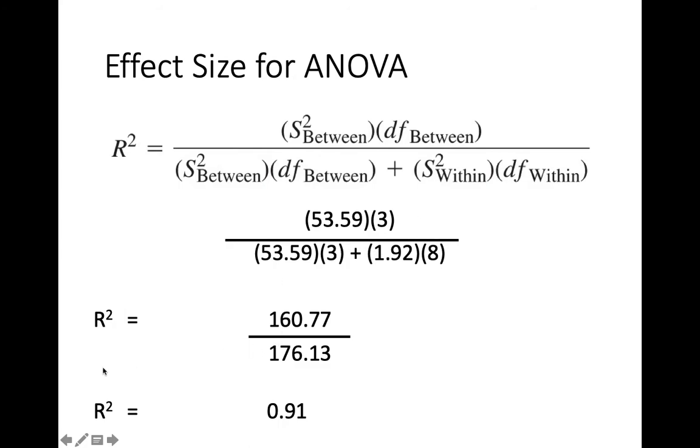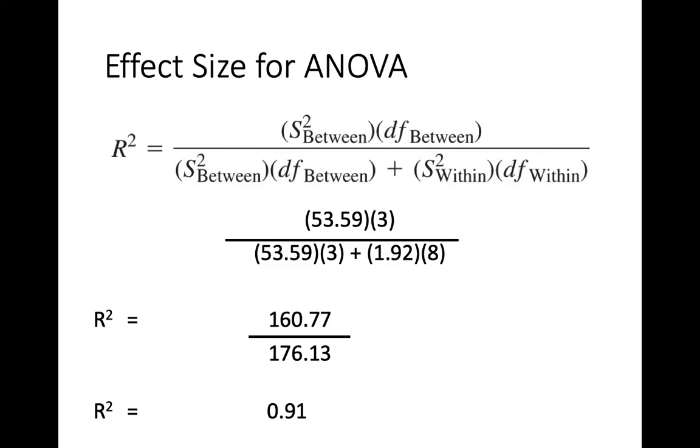The most important thing is interpretation. This R squared can range from 0 to 1. If you calculate an R squared that is less than 0, you've done something wrong. This statistic, based on the formula, can never be less than 0. It can also never be more than 1. So if you get an R squared that is outside of the boundaries of 0 and 1, then there's a calculation mistake. Okay. So what this R squared of 0.91 tells us is that we can explain 91% of the